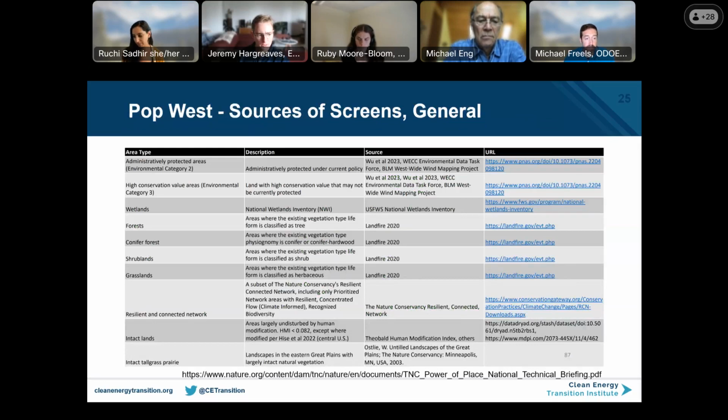I've included slides here for sources of screens. There's 3 slides here. I'm not going to go through these in detail, but it shows the types of geospatial land use screens that were used to overlay and intersect and find the areas that renewables could be developed. And in sharing these slides, then people could look at that in more detail. But the real takeaway here is